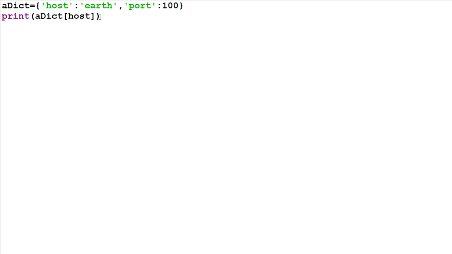And again, I am trying to access the key name server, a key name server which is not there in my dictionary. I am trying to access a key name server which is not defined in the dictionary edict. Now,